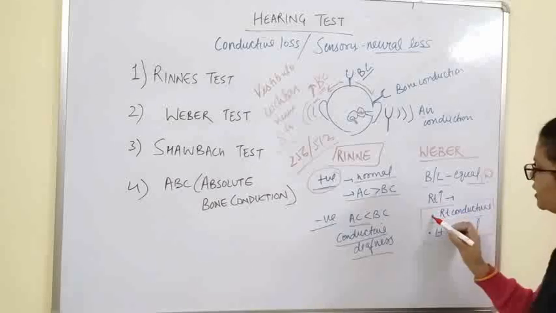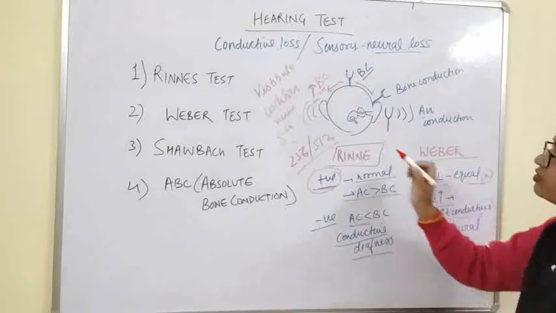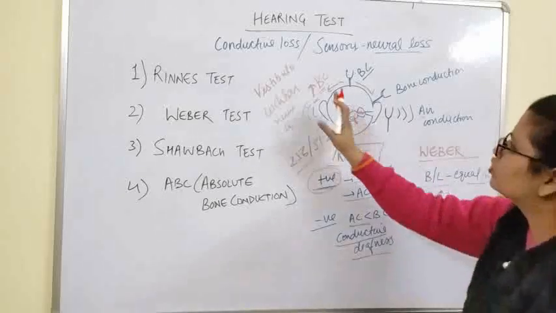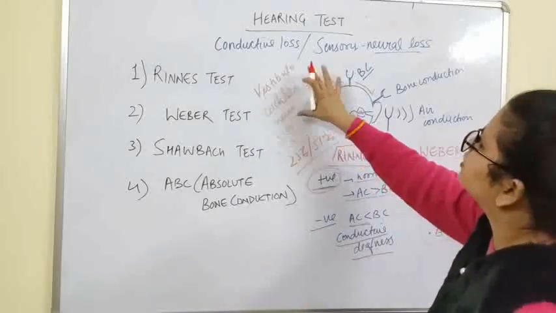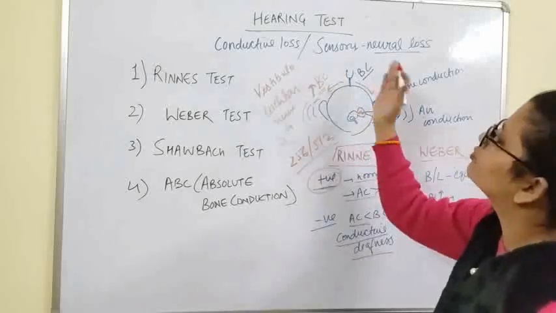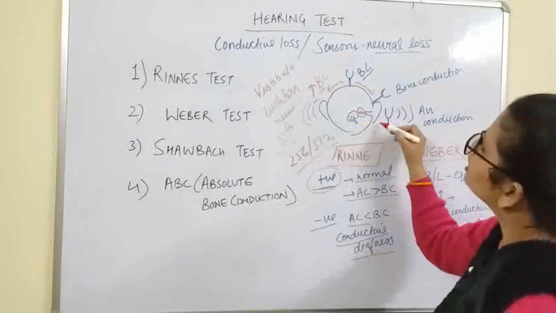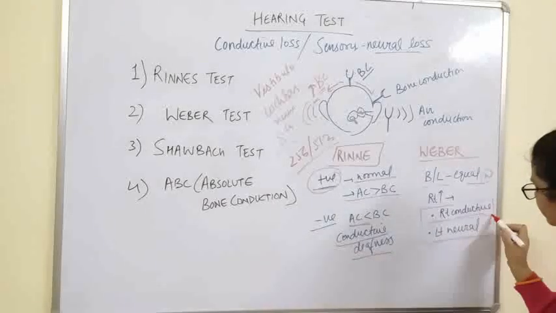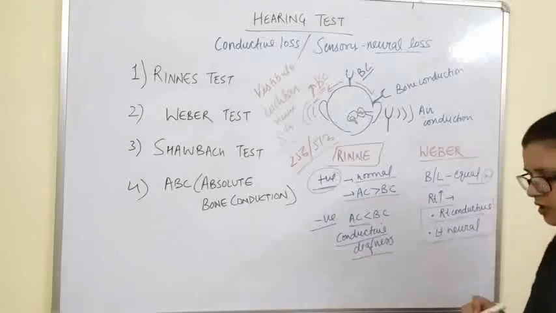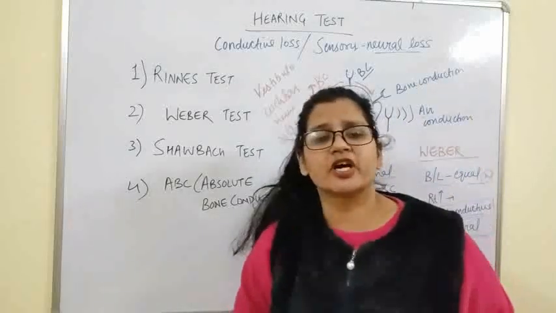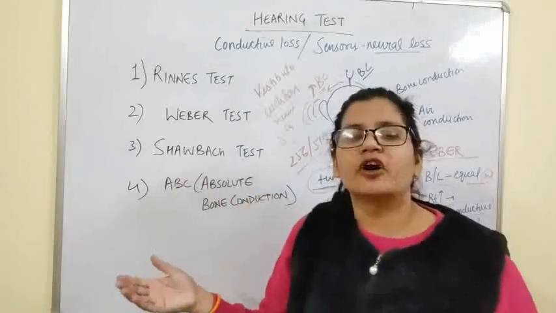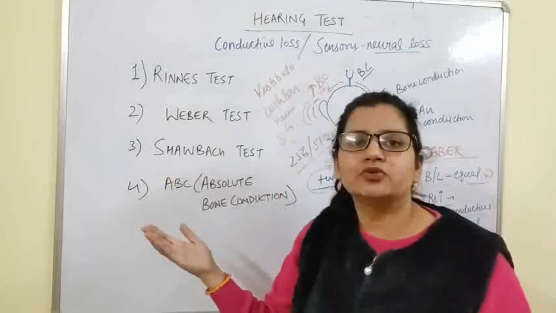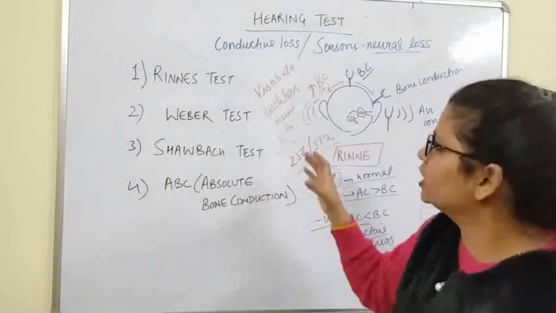So there can be either same side conductive loss, as we have discussed, because of the masking effect, and if there is no masking effect, in that scenario sound can be louder in one more condition, where there is neural damage on the other side. So ipsilateral conductive loss or contralateral neural loss. Now these are two assumptions which we have to test. At the end of the video, after performing the tests, we'll see how to assume and then test using Rinne's test. Okay, so these are two tests.